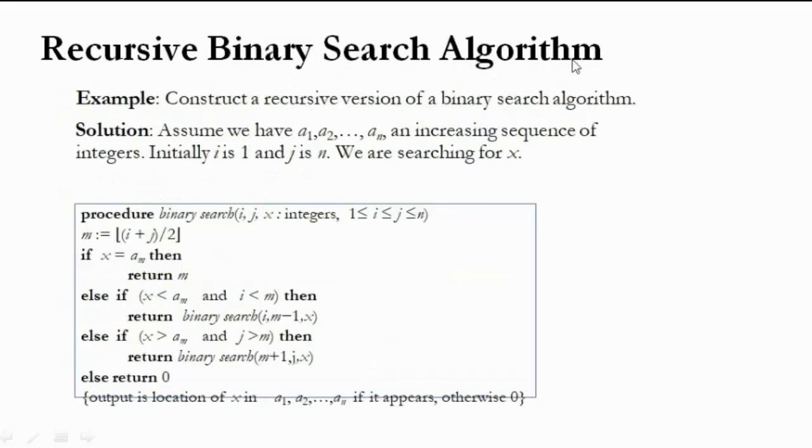Same thing, binary search algorithm. In order to go for binary search, first of all, the elements must be in sorted order. So pick the middle element and compare the element to be searched with the middle element of the sorted list. If the element is less than the middle element, then search in the left hand side. If the element is greater than the middle element, search in the right hand side. So this is the division that was made here. Like that, recursively you are supposed to search and get the value. So this is the binary search algorithm.